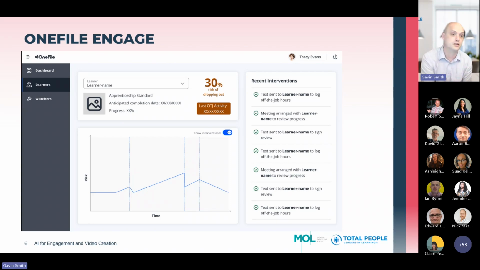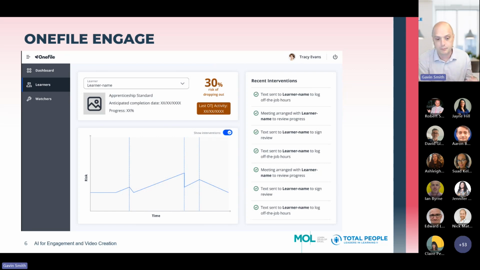A lot of young learners these days, email is not the best way to contact them. They're very old. So is it a text message? Is it a physical intervention? Is it getting into contact with the employer? What is working to get that person to basically get back into learning? What works? And that could be an aspect of time.